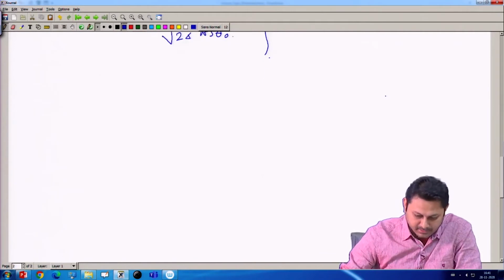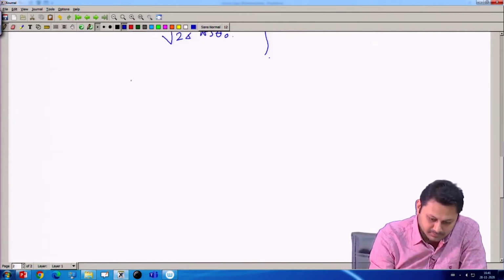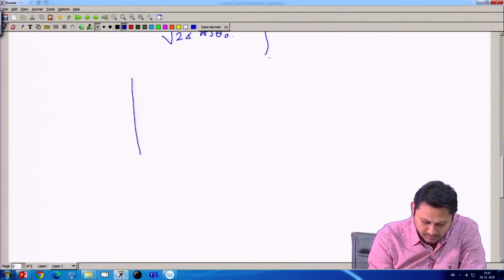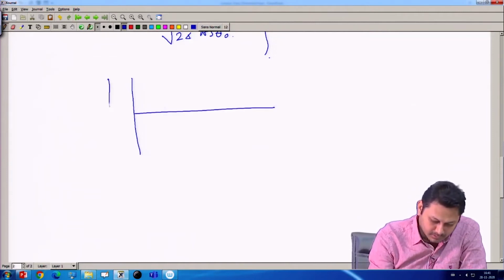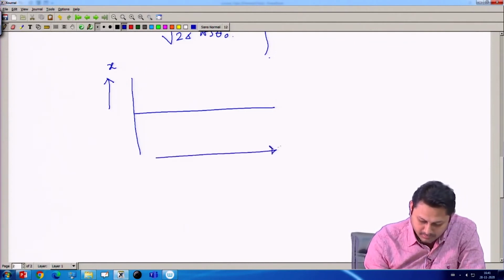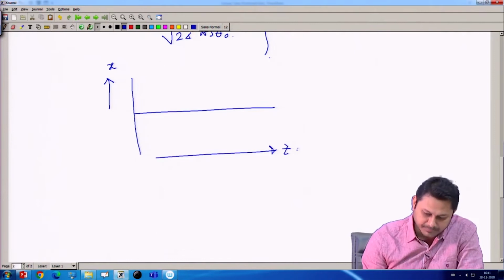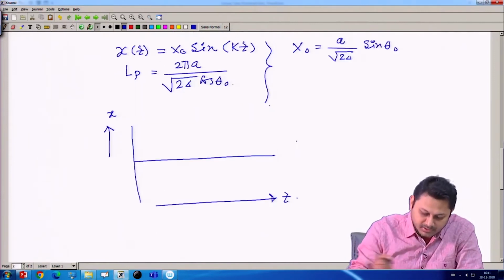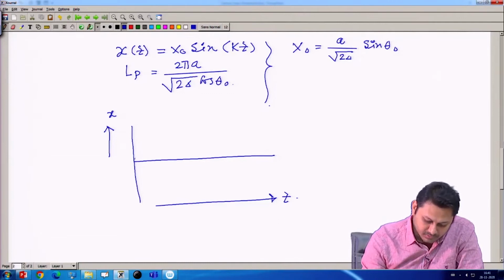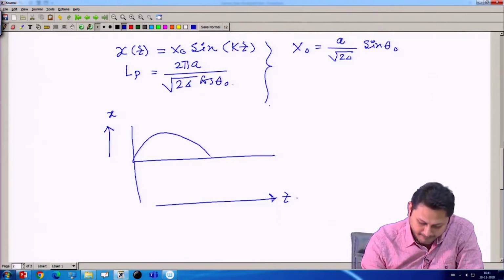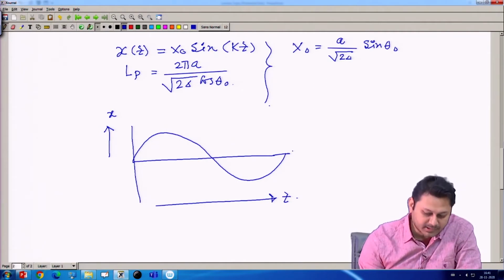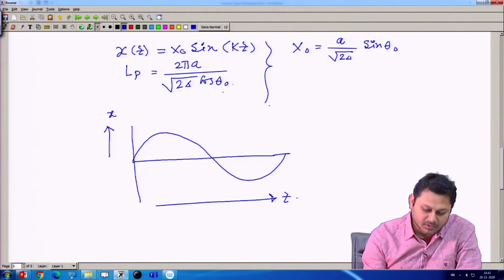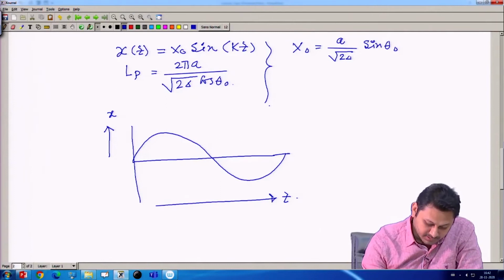So, if I launch a light along this direction we have x and this is my z direction. So, if I launch a light with larger theta 0, my period is also larger, because if theta 0 is large, cos theta 0 is small. Cos theta 0 is small, that means LP will be large. So, this is for certain